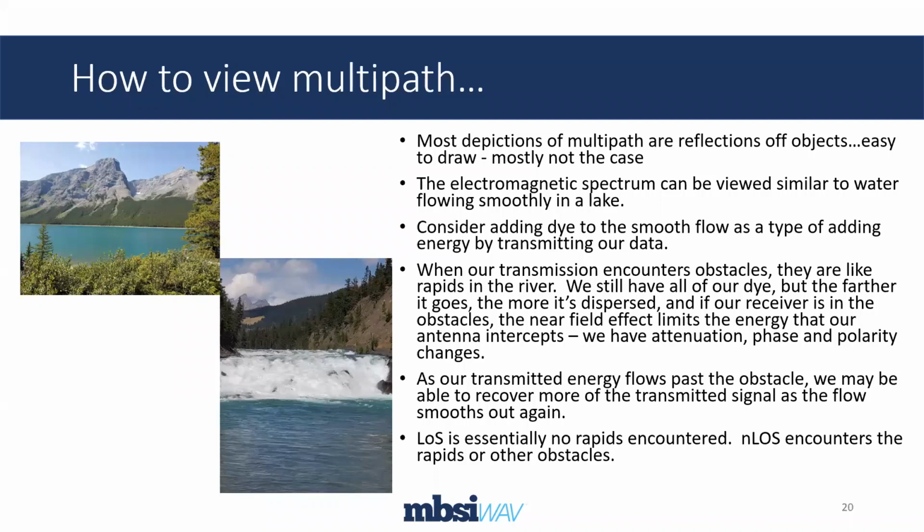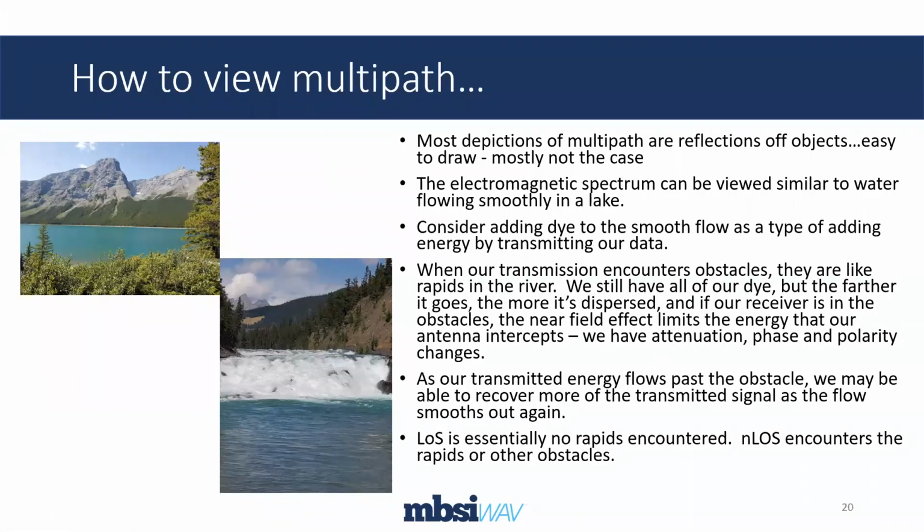Now, in the RF world, when we hit a grove of trees, it's like we hit rapids. And so you can imagine what would happen to that dye as it flows smoothly down the river and then hits this waterfall. The dye gets dispersed, the water is churned up,